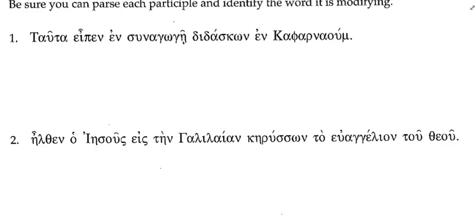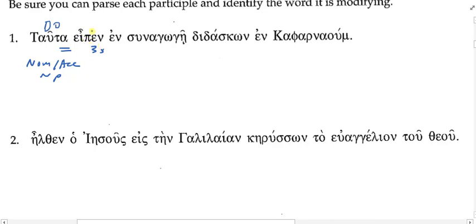Tauta, it means what? It's a near demonstrative. What number is it with that alpha at the end? Yeah, that's neuter plural. In which cases? Nominative and accusative. So nominative, accusative, neuter, plural. So this is the direct object of apen. We know that's a third singular form, ape, leg, right? This is the second aorist of Lego.